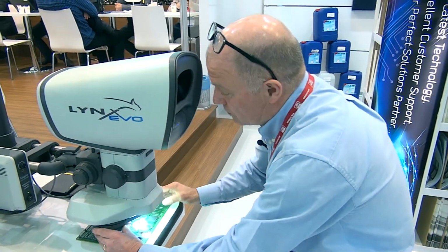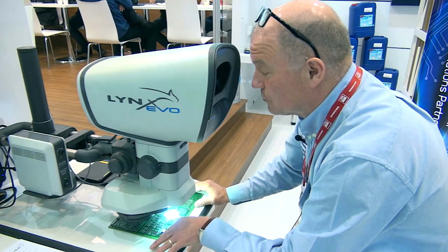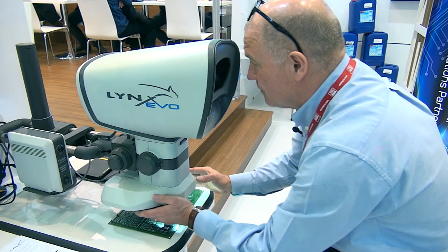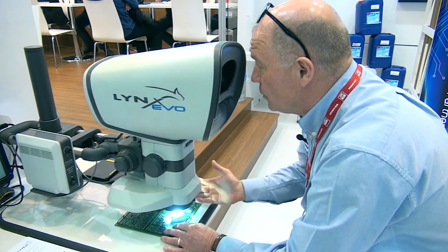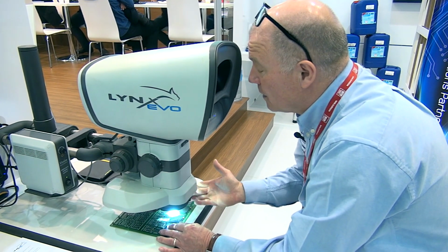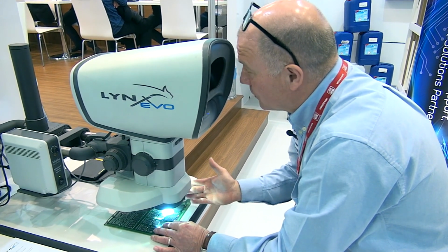With the Lynx EVO, we have a direct view, which allows you to look directly down onto the PCB, or we have an oblique view. On the oblique view, you can rotate at 360 degrees, and you can move around the component or the chip, whatever you need to